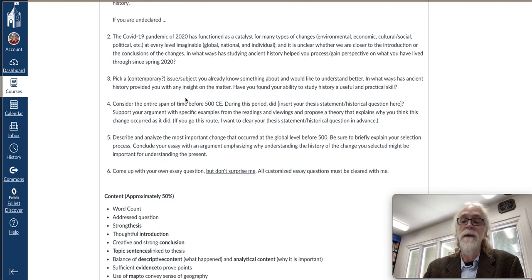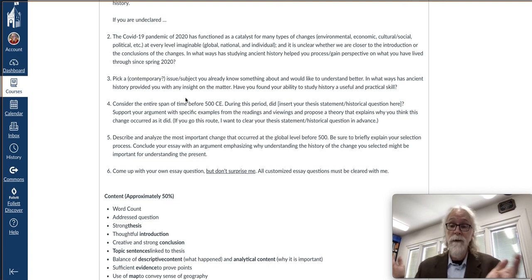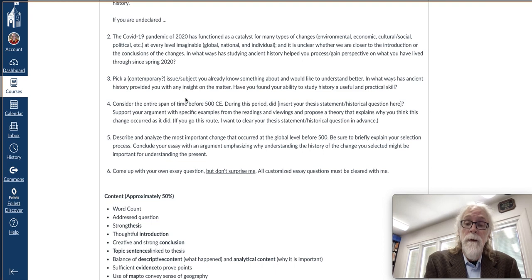Question 5. It's probably the easiest question, or at least it's the easiest question to understand. Describe and analyze the most important change that occurred at the global level before 500. So you got a lot of different things to pick from. What's been the most important thing that happened in the history of the world before the year 500? Make your argument, use your materials, and move on. And then 6, if you don't like any of these questions, come up with your own. I don't like being surprised. So let me know about it. But anyway,